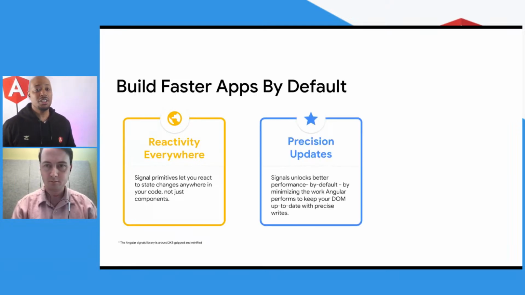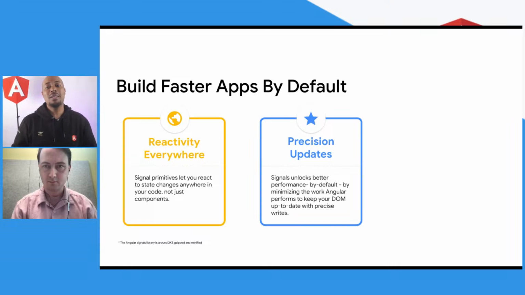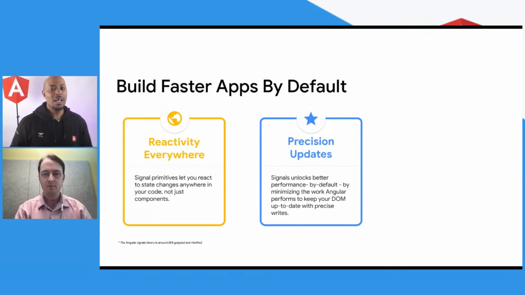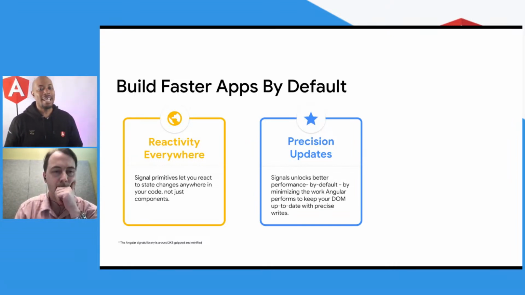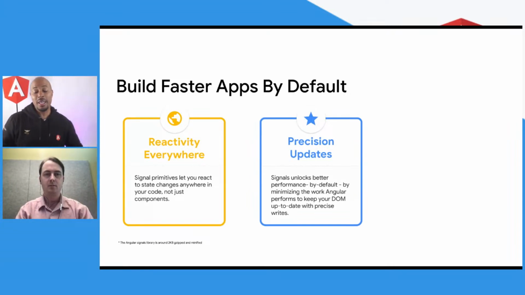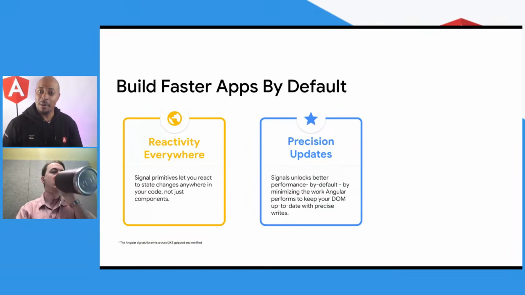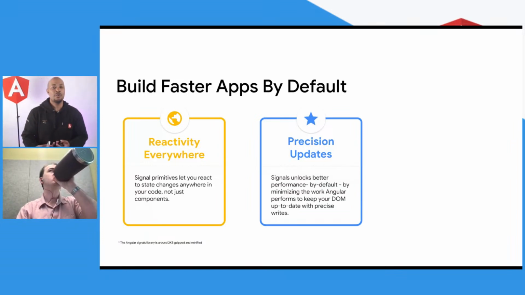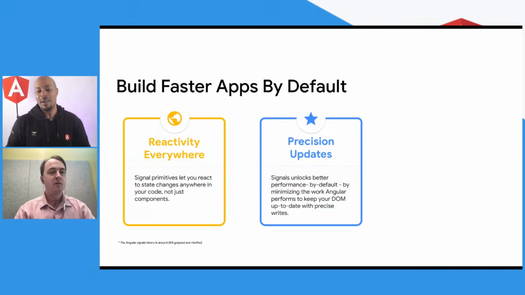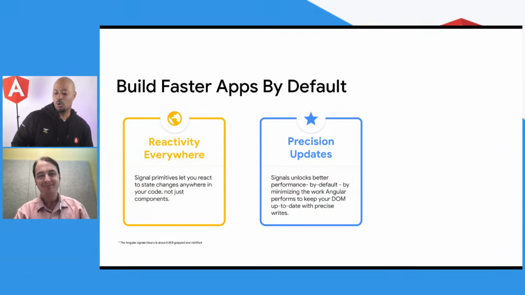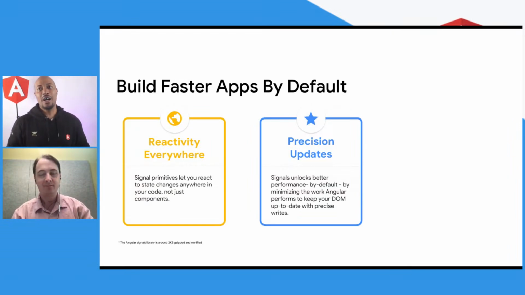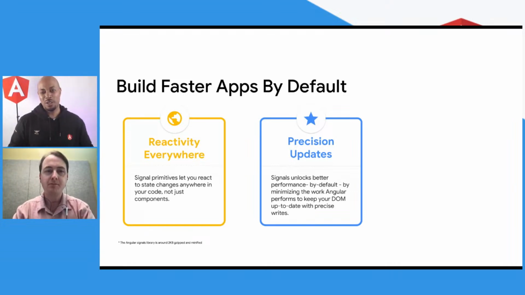Then what about the precision updates, right? Because we want to help you minimize the work that Angular performs to keep the DOM up to date. Anybody who's ever written an Angular app and had to deal with some of the pitfalls of the current reactivity model already knows the pain you feel when you see that change detection ran over and over, and you're like, wait, one thing changed. Why did it run 5 times? Or why is it unpredictable? Or why do I need a whole book just to know how to get the performance right? Yeah, we think we can do a really good job with precision updates.